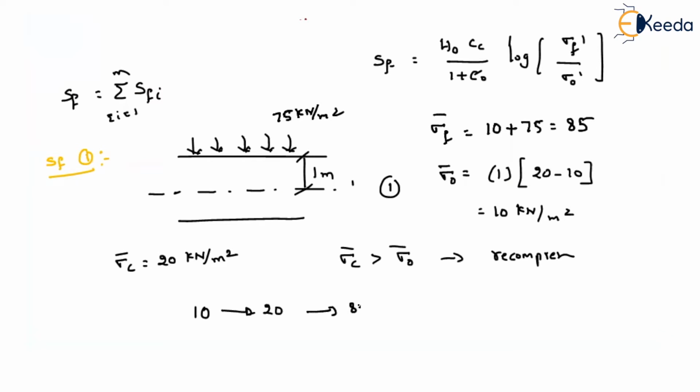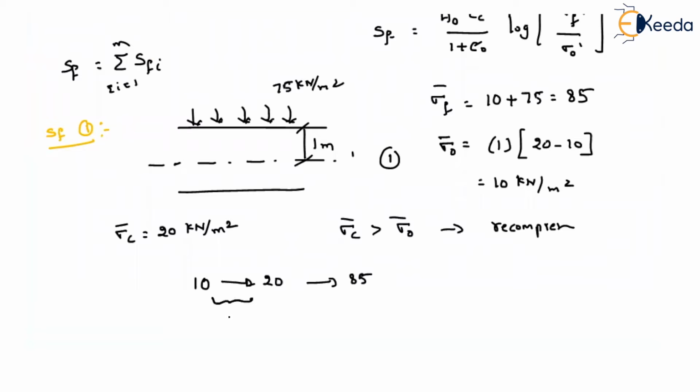So that implies 85. As the pre-consolidation stress is already 20, in between these two, we have to apply the recompression index. From 20 to 85, we have to use the compression index. So if I rewrite the formula, in between 10 to 20, this will be your sigma naught and this will be your sigma f. Again, in between 20 to 85, this will be your sigma naught, and this will be your final stress. So if I express the equation, settlement in the clayey layer 1 is nothing but the final thickness H naught divided by 1 plus e naught times